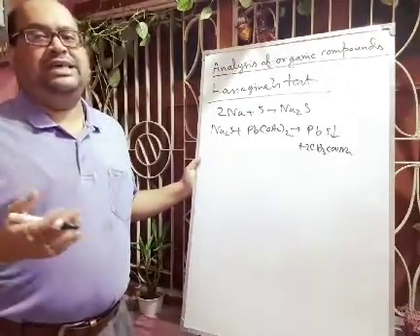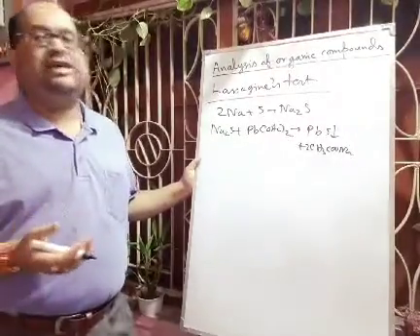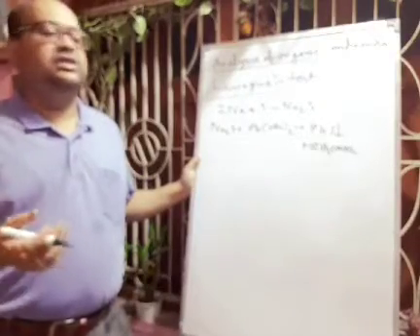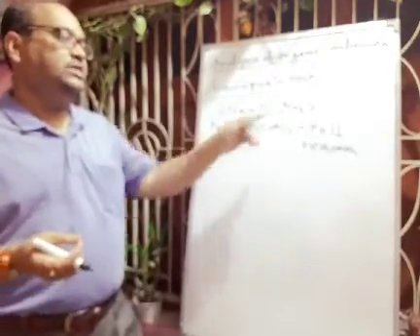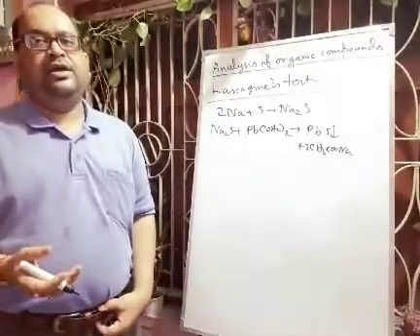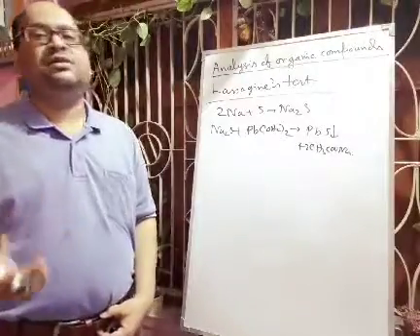Next, the second part of the extract, that means the sodium extract, is treated with sodium nitroprusside solution. So whenever you add that Na2S and sodium nitroprusside solution, then you will get a purple color, okay. And in this way also you can detect the presence of sulfur.